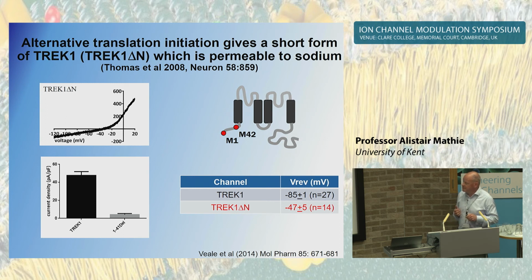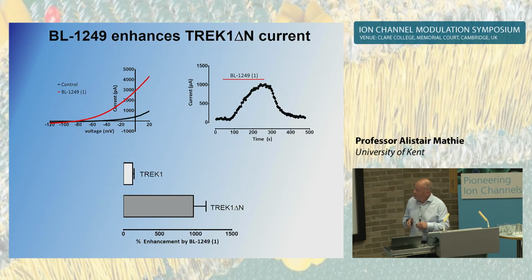The short form of TREK1 is quite different in some of its properties to the long form. It's a much smaller current compared to what you might call wild type or the long form of TREK1. And it's also not completely selective for potassium. It has a reversal potential of around minus 47 millivolts compared to minus 85, suggesting some significant sodium permeability. But if we then look at an activator, BL1249, again on this short form of TREK1, what we see is